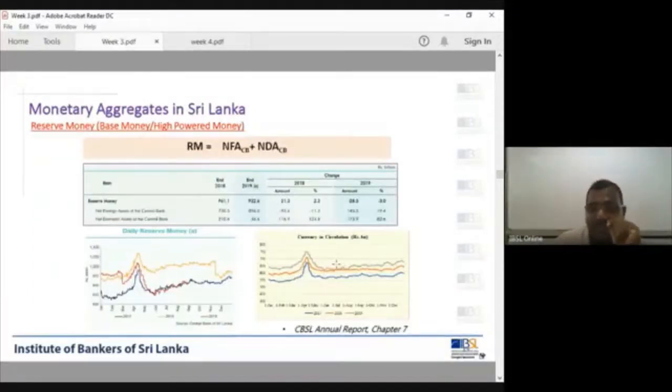Second question: will it have an impact on broad money supply, the total money supply? Will there be any impact on the total money, not reserve money? Total money we have not covered, but I gave you a very basic understanding that day. What will happen to total money? Will it go up or go down? Total money supply, which means broad money. With reserve ratio reduction, will broad money go up or go down?